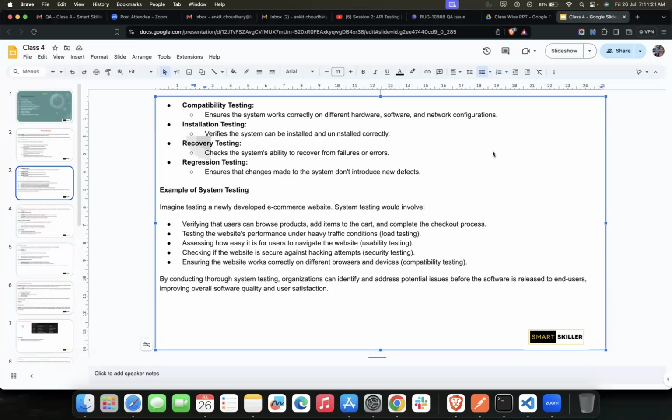Am I clear? Yes, because email ID and password verification has already been done at earlier stages. But we are just making sure that the current functionality is not breaking due to introduction of new functionality. So this is the example of regression testing.